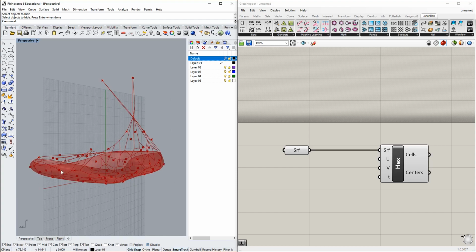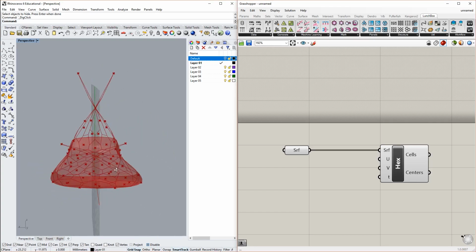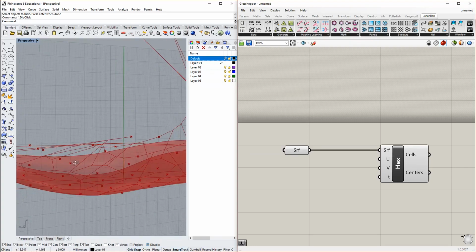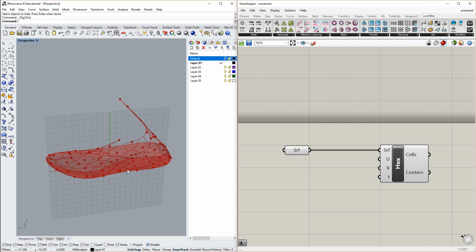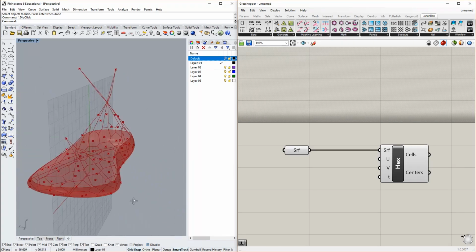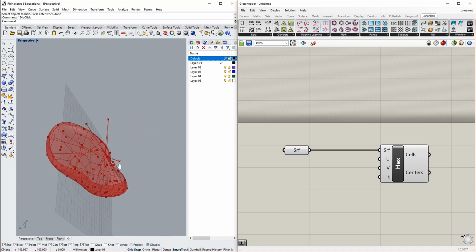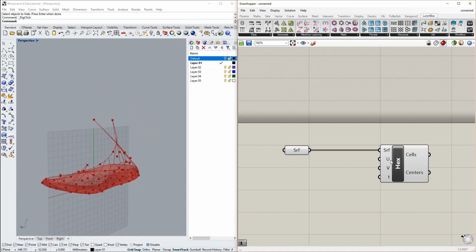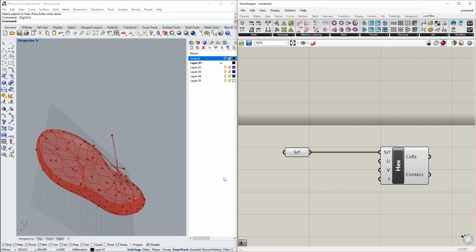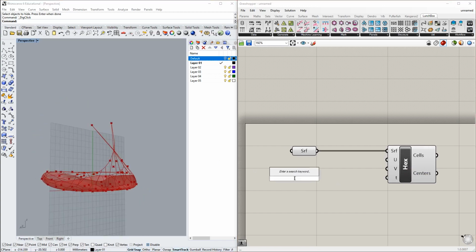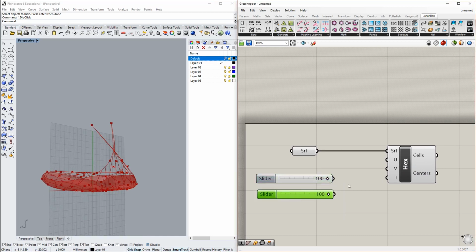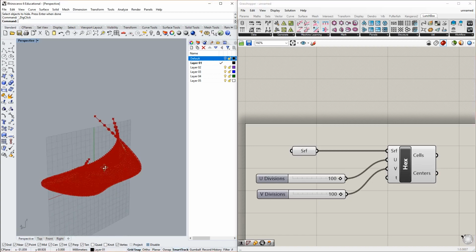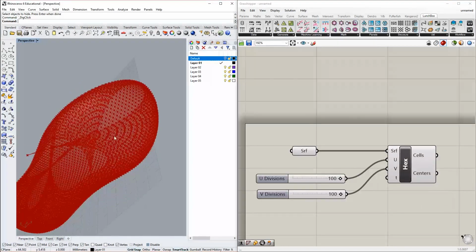Okay, so we've got our hexagons now. And we're going to come back over here to Grasshopper because we don't want these big ones, and they're kind of funny shaped. So we're going to change that. Double click, type in a number. I usually just go with 100. And that gives you this slider. We can duplicate that, and we're going to use that to plug into the hexagonal cell component. And we're going to tell it how many cells we want it to have. So now you can see it's got like 1,000 little